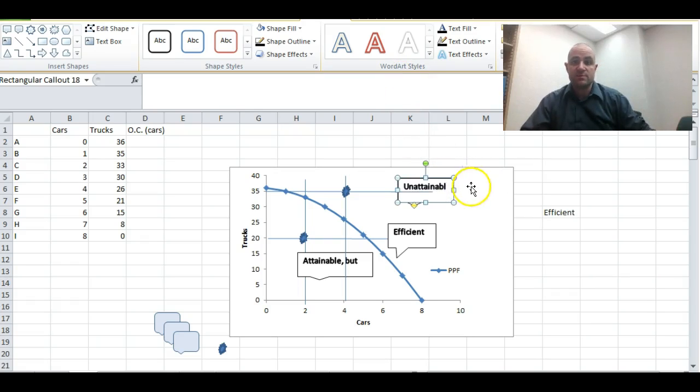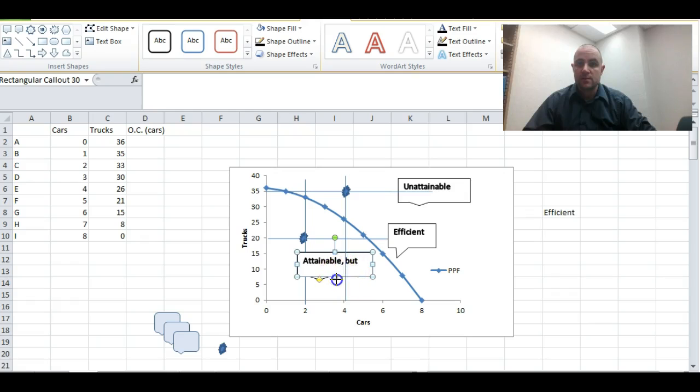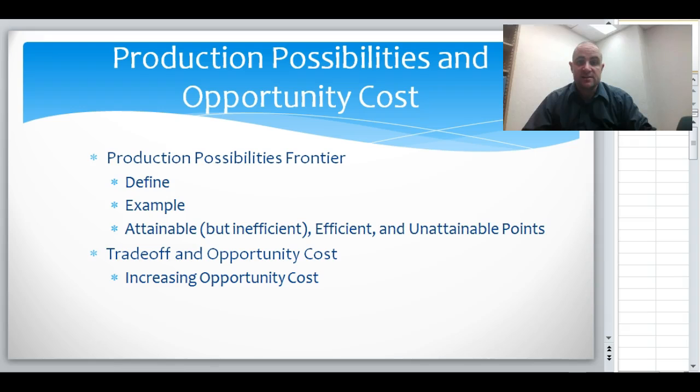So again, if you're looking at your production possibility frontier, anywhere on it is efficient, anywhere on the inside is going to be attainable, but inefficient. Anywhere on the outside is going to be unattainable. If we go back to our slide here,